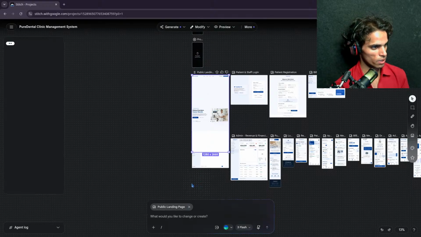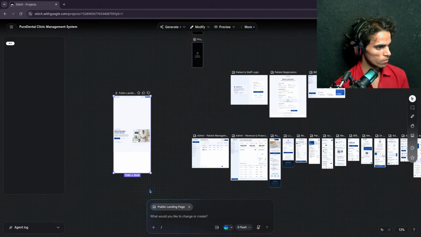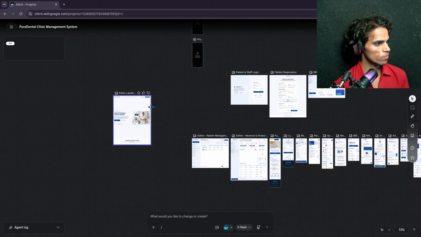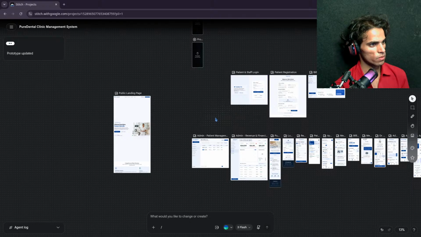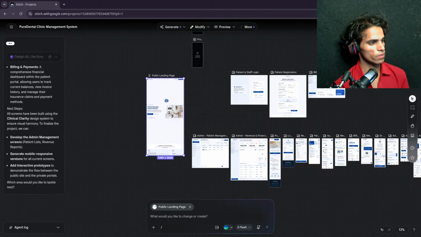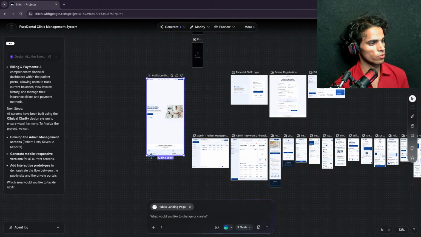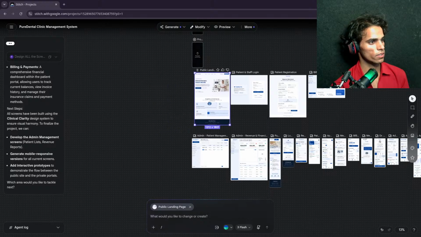Why is it behaving like this? I don't know what the problem is here, but it's behaving a little bit awkward. So I would like to keep this. Okay, now it's great.